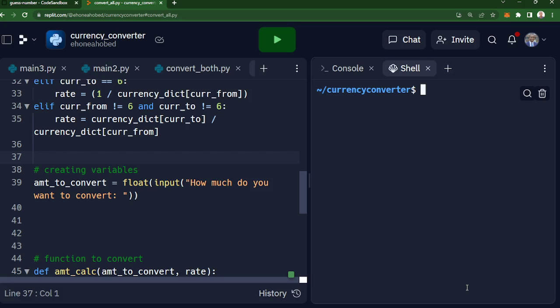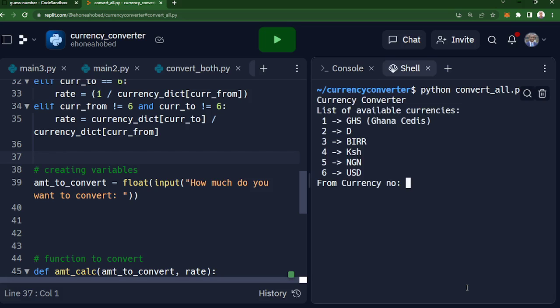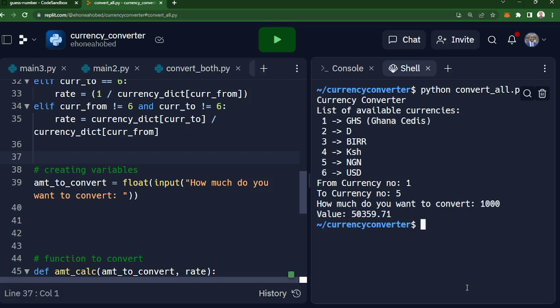Python convert_all.py, and let's run this. And we are trying to convert from Ghana cedis, which is 1, to naira, which is 5. Then let's convert 1,000 cedis as we did earlier, and it gives us the value